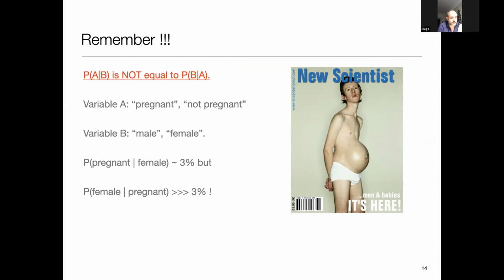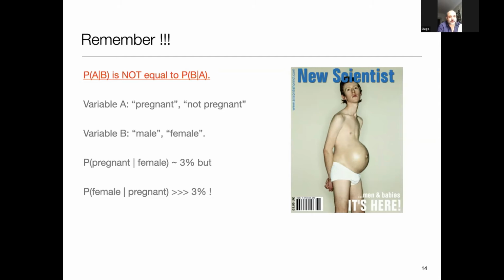And probably one of the most effective ways of remembering that is that if you take as random variable A the fact of being pregnant or not pregnant, and if you take as random variable B the gender, male or female, you will immediately realize that P of A given B is not equal to P of B given A,